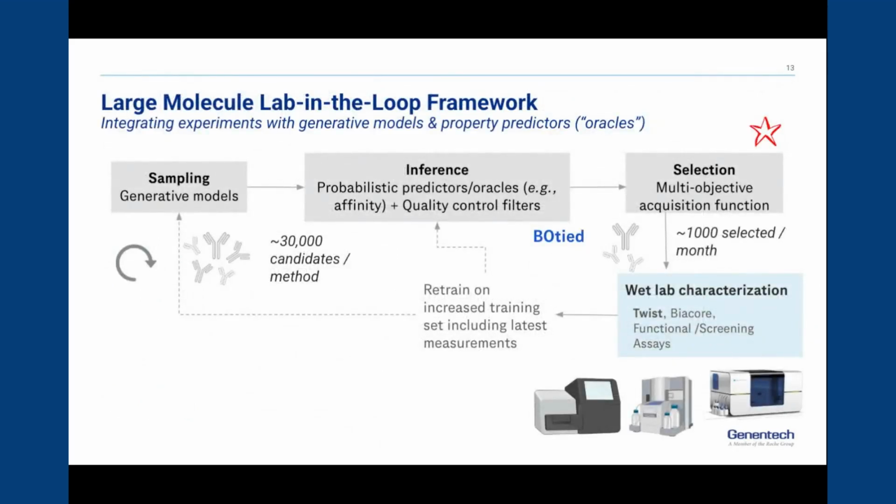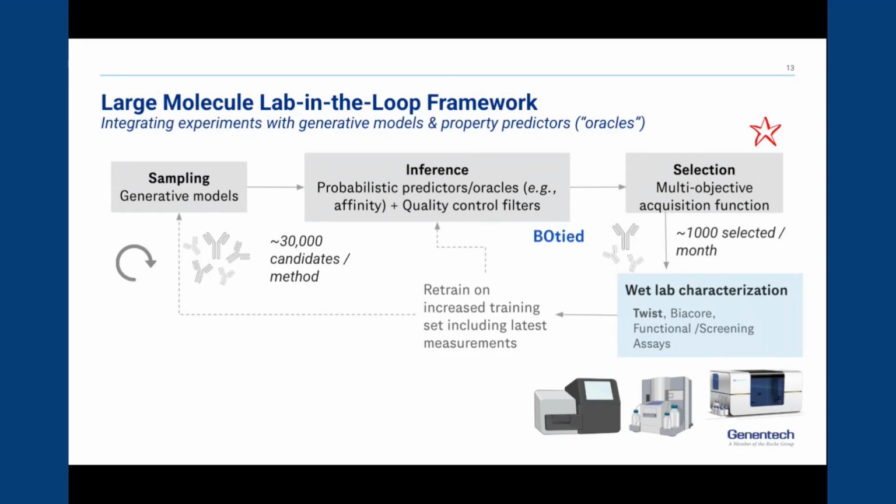Now we have covered the sampling part, maybe the inference part, and the lab part as well. Now, the most important part is also the active learning part. So how are designs ranked? First, we have some predictions from these oracles, and we use these predictions to rank the designs to maximize the expected improvement compared to the seed antibody. Also, to ensure that the models are improving in the next round,